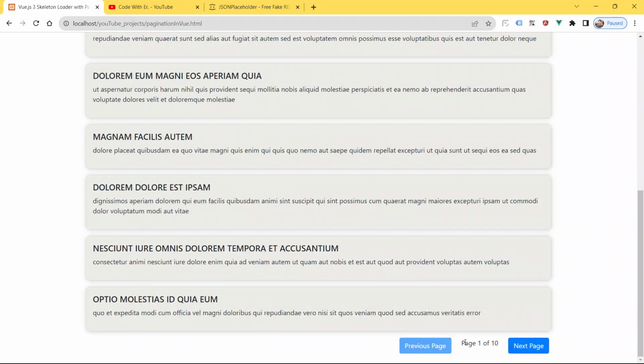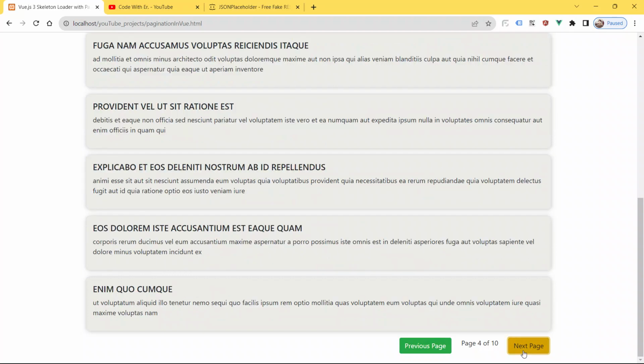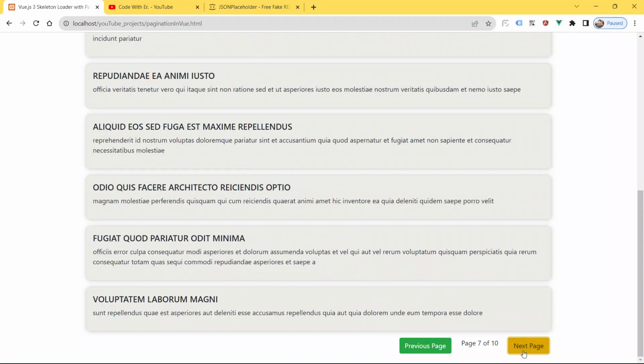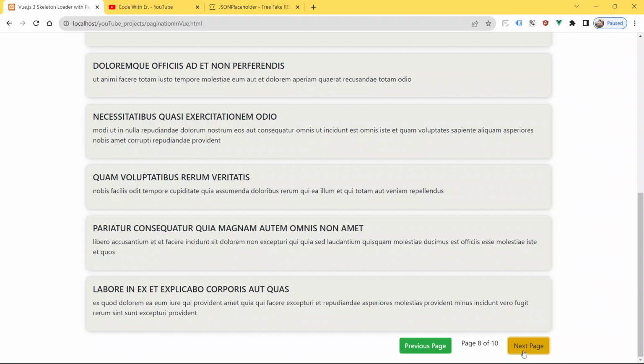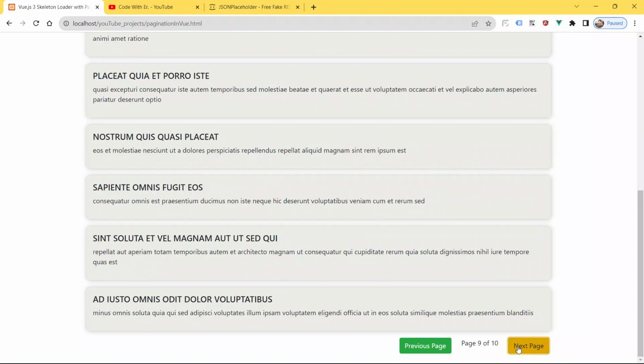See, the moment the page number is 1, the previous page button will be disabled, and the moment the page count is 10, the next page button will be disabled. Let me show you one more time. See guys, our next page button background is also changing dynamically. As of now the page is 8, so the background color is yellow, and the moment the page count becomes greater than 10, the next page button background will become red.